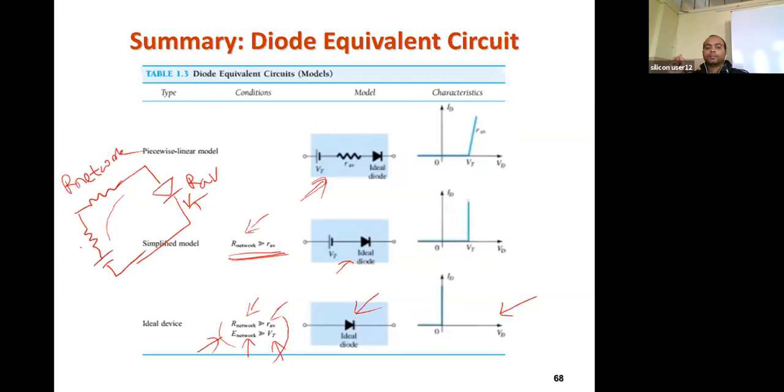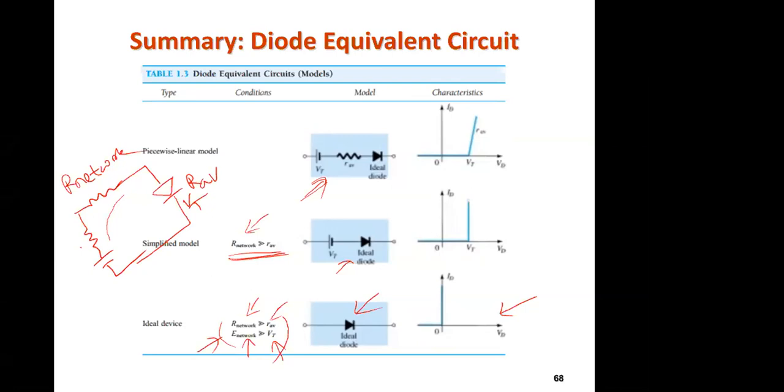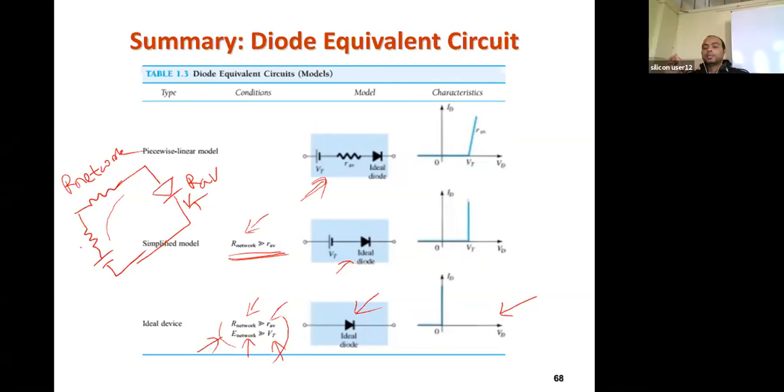Getting my point or not? Yes, sir. Similarly, let us say the RAV resistance of that diode is 10 ohm, and there are other resistances around, let's say 20 ohm is connected inside your circuit. You cannot neglect the 10 ohm compared to 20 ohm. But if the other part of the circuit has, let's say, 1 kilo ohm and your diode resistance is around 10 ohm, then obviously for simplicity you can neglect the 10 ohm compared to the 1000 ohm. So that is the principle.